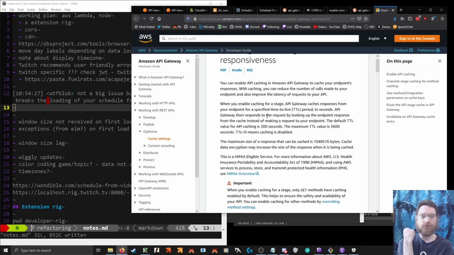cache your endpoint's responses. Maximum TTL is 3,600 seconds. That's an hour?